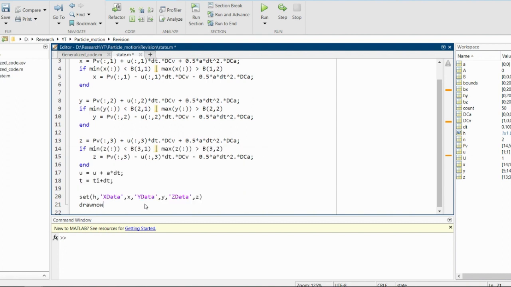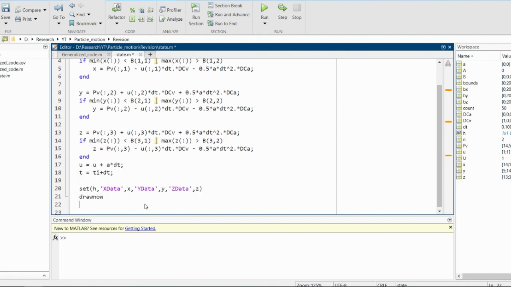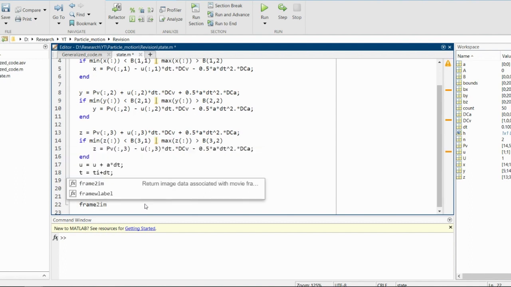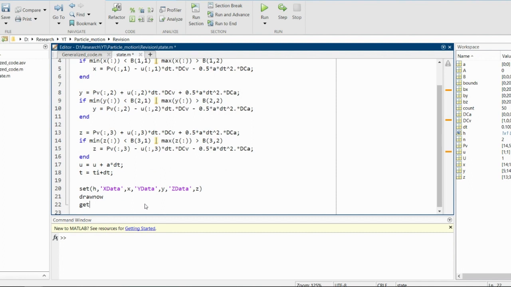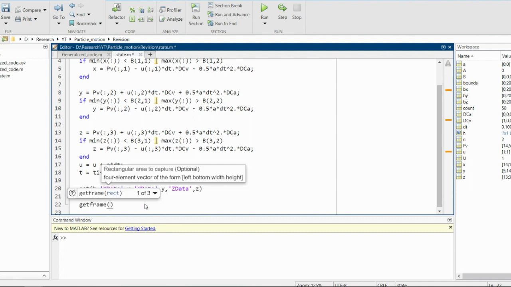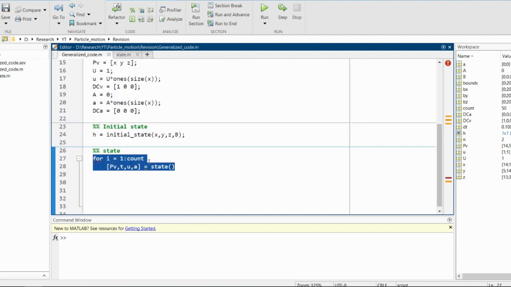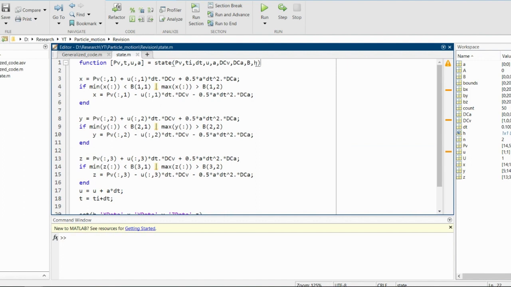I'm gonna just limit or increase the FPS that we are gonna use in draw now. And in order to decrease the speed of the animation, you either use pause, but I don't like pause. I like to use get frame. I just keep it just get frame 1. This makes it slower. Let's see if it works. Okay,